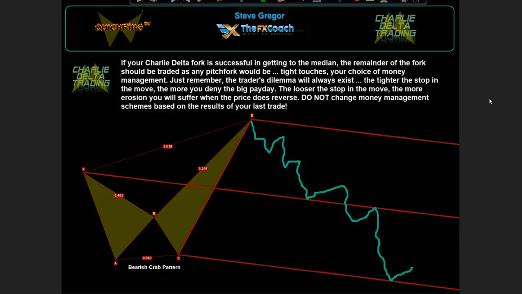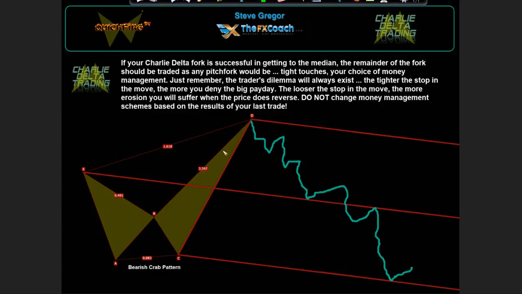Charlie Delta is a very special pitchfork we put on a harmonic scan. We use the C and D termination points of the scan and do what we call a traditional pitchfork. We take that back to the X. That's called a traditional pitchfork. We've done something special here. We've married a harmonic scan, which, as I said, as you approach the D, is the hottest zone on the chart possible. We then marry it with a traditional pitchfork, and you have some golden